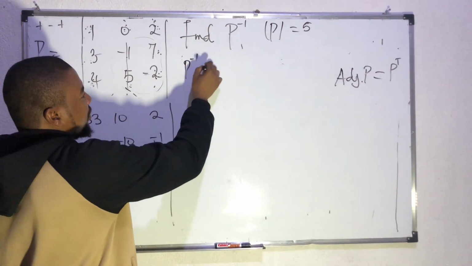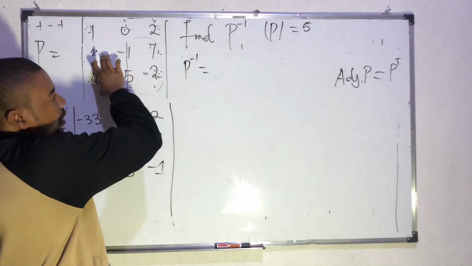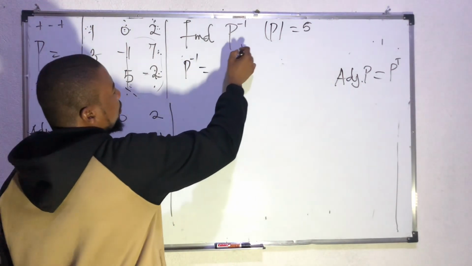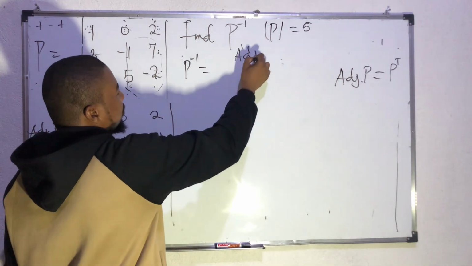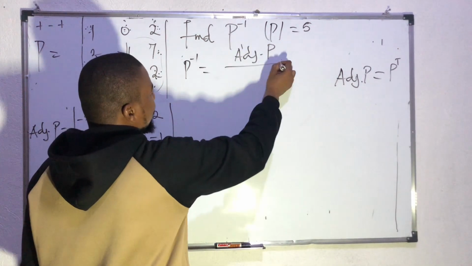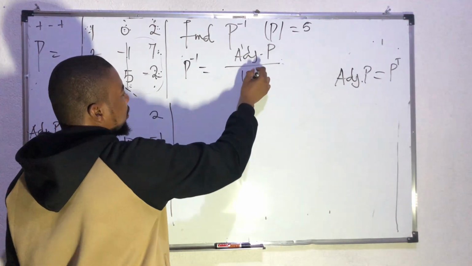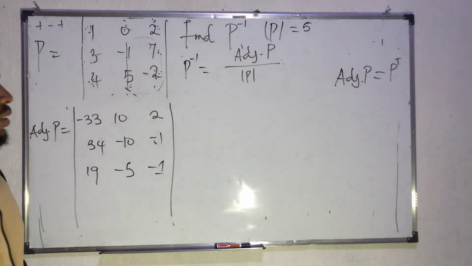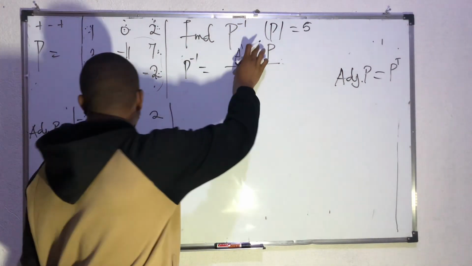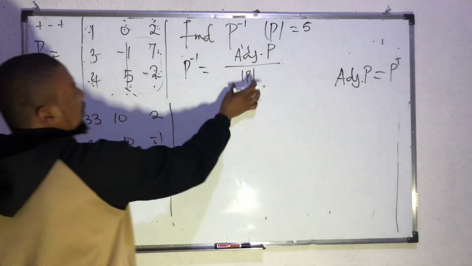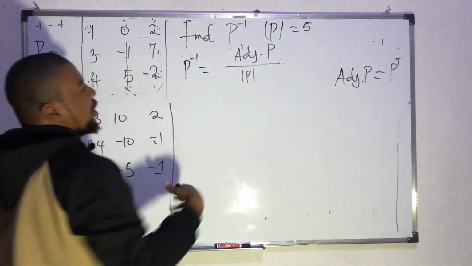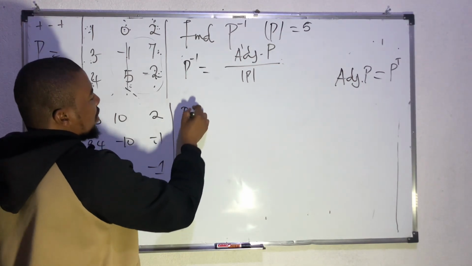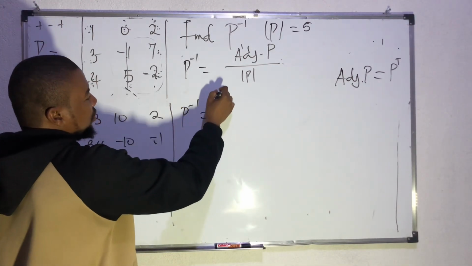P inverse is equal to, because this is our matrix P, therefore the inverse of P is equal to the adjoint of P all over the determinant of P. This will give us our inverse. Since we have the adjoint already, which is this, and we have the determinant, which is that, we can go ahead and find the values that we're looking for. So our P inverse is equal to,